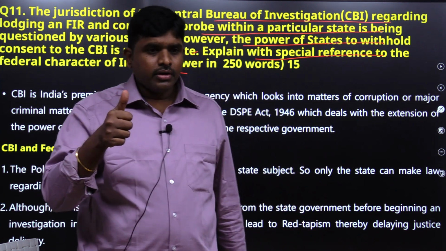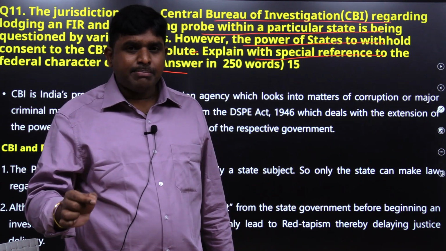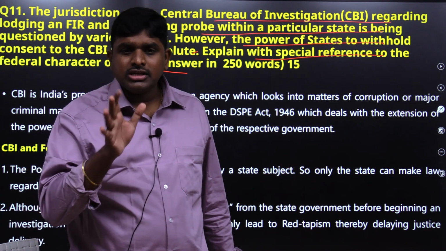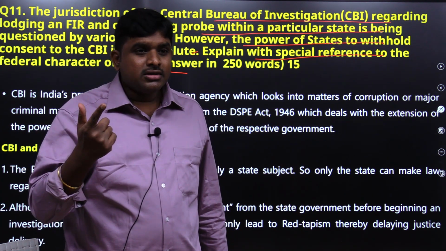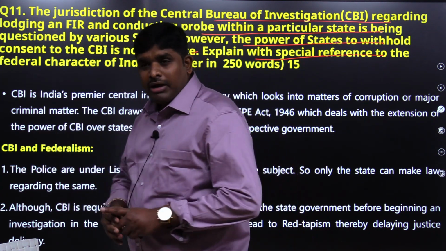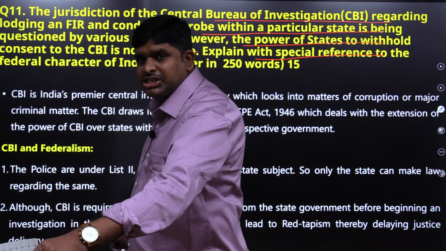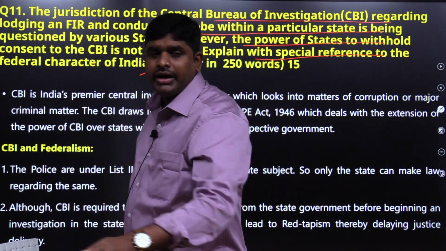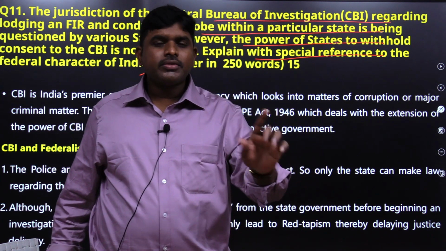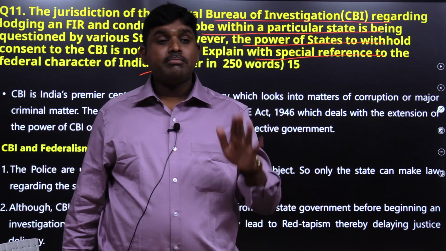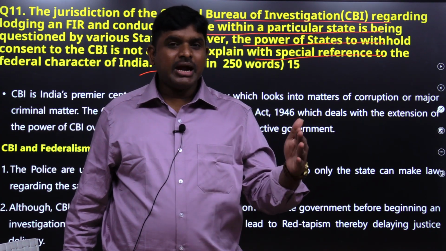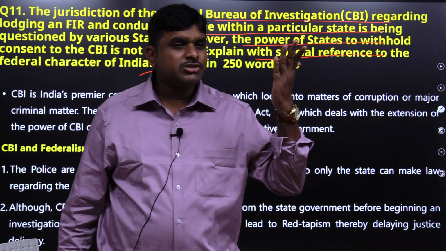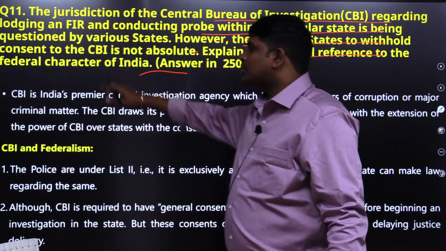The Central Vigilance Commission has the power to give cases of corruption to the CBI. Fifth, the state government also has the power to give any case to the CBI, but it should be approved by the central government. Another thing: when the central government gives any case in the state to the CBI, it should be cross approved by the state government. But sometimes the central government did not follow these rules and gave the cases to the CBI. That is what the question is all about.